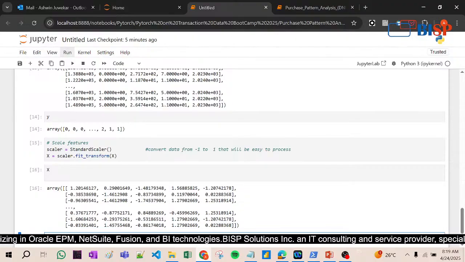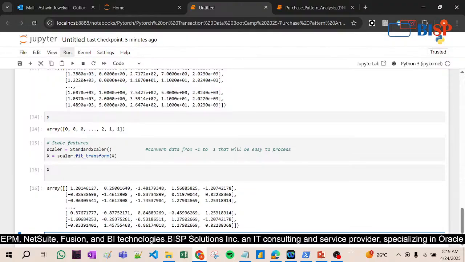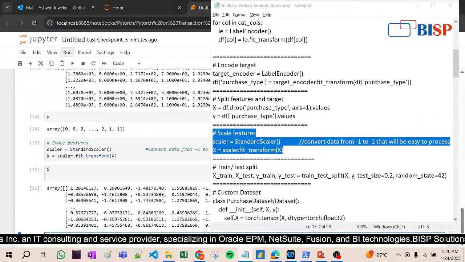For example, if the data is provided in SQL, the data is processed based on the ID, right? So it will be easy for the SQL engine to work on that, right? Similarly here -1 to 1 will be converted.